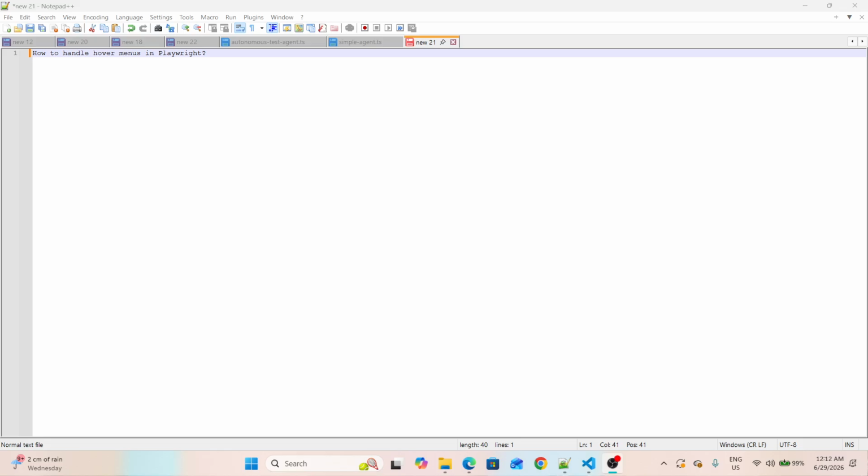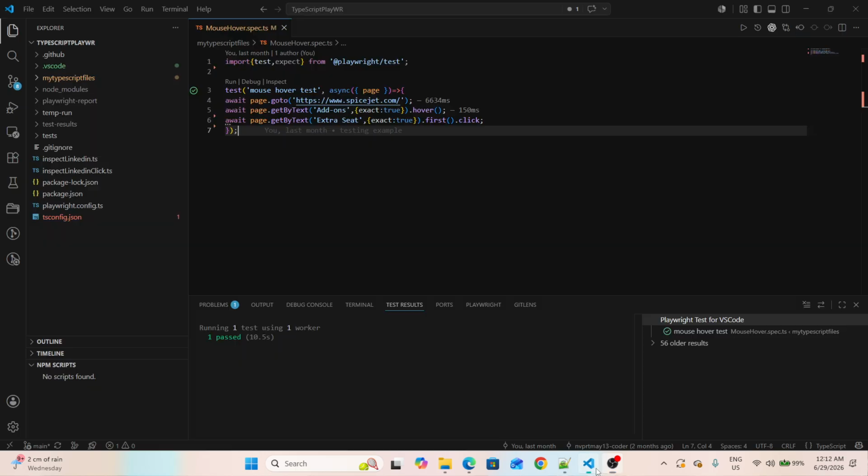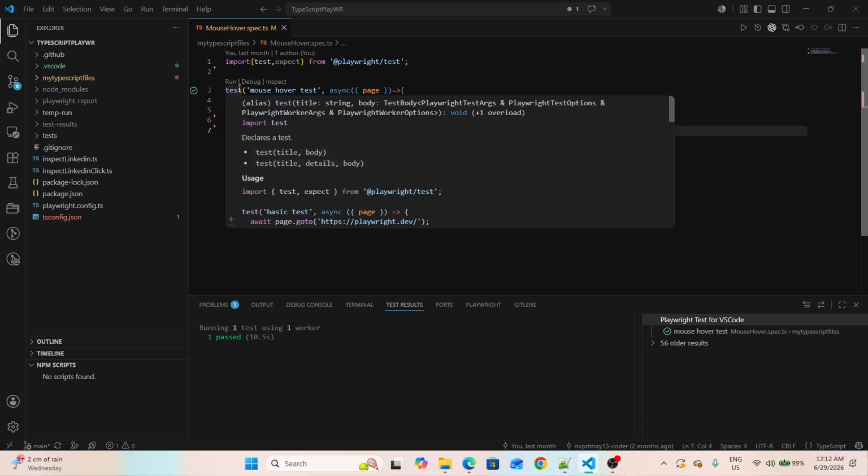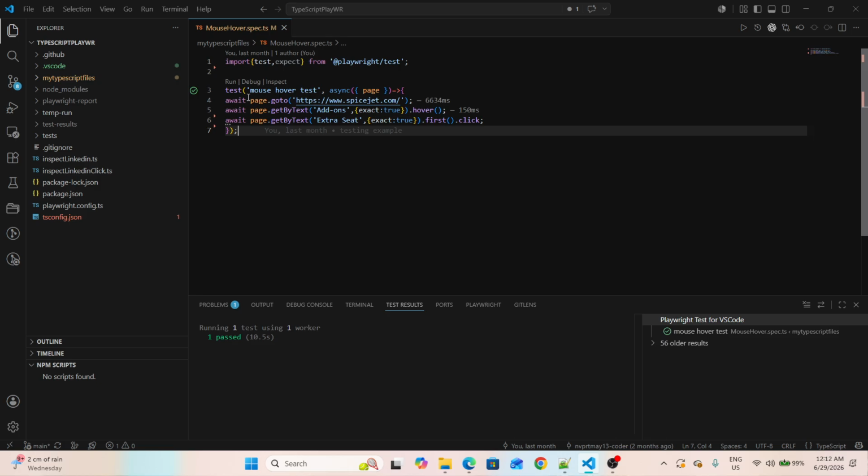How to handle menus in Playwright. Let me show you the simplest way with the code. Okay, this is my code, and I have created one single test method, mouse hover test, and I just